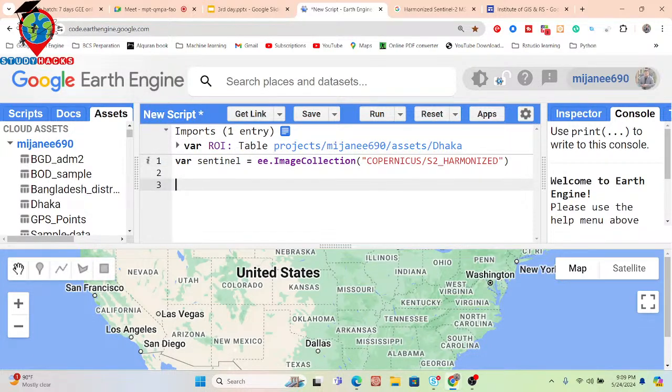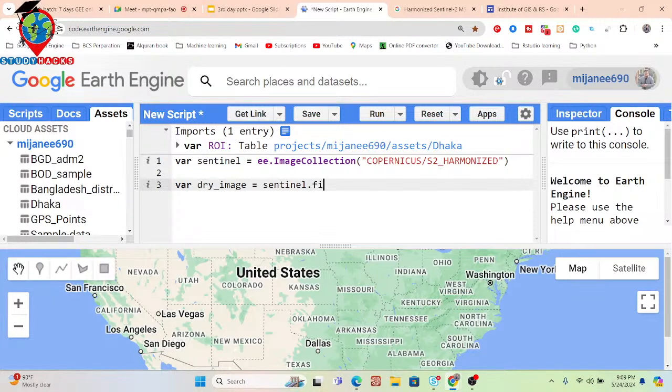Then I need to filter the image collection for 2 time periods. One is the summer season, another is the rainy season. So for doing these things, I just take a variable. Suppose I put the variable name, suppose dry image, and I call this Sentinel because it stores that full image collection. I simply paste in here. And now I need the image collection for my study area in Dhaka city.